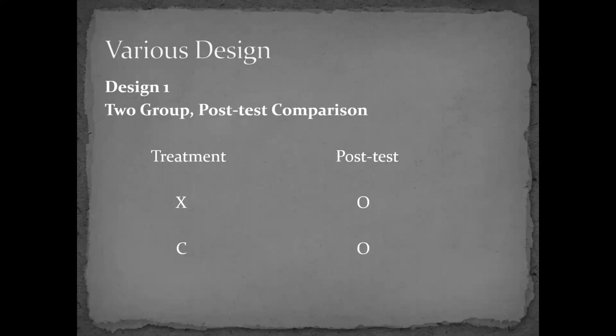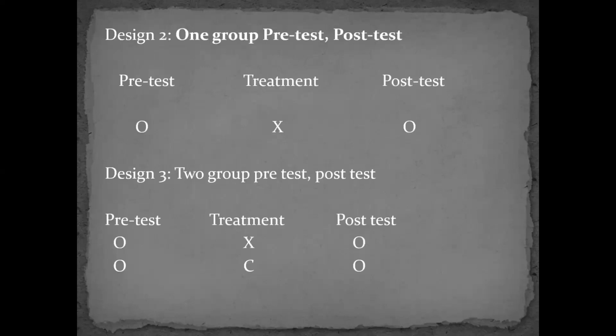So the two groups will be almost equal. You can do this based on the previous test mark, the quarterly mark or last year's mark, something like that. If it is an 11th standard student, you can do it based on the 10th mark. So this is design number 1.